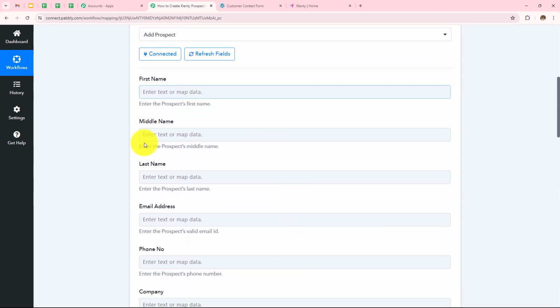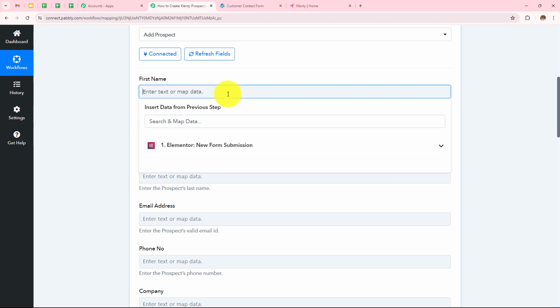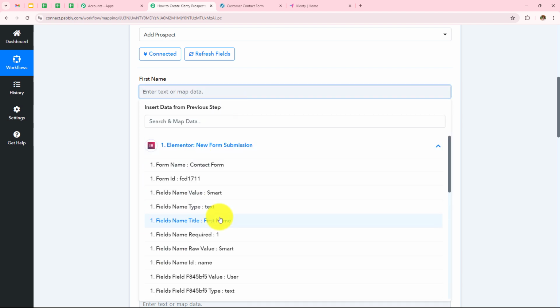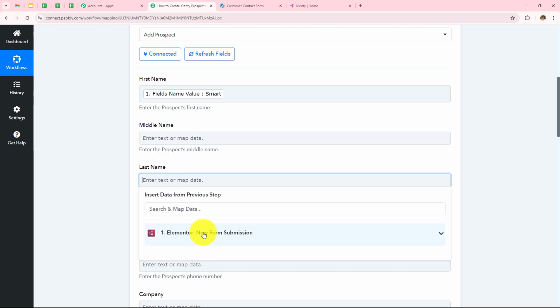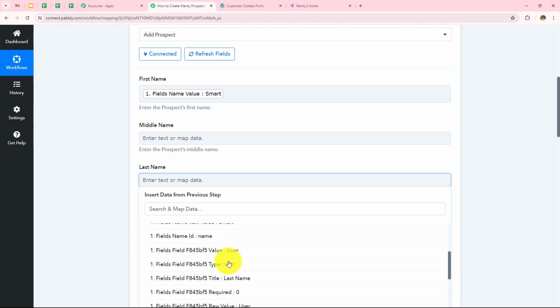Next we need to enter these details. So as to enter these details, I am going to use a process which is called mapping, which means I am going to enter data from my previous response. So I have received response from my Elementor form. So over here, I'll simply click on Elementor and map the first name as Smart. And we don't have middle name, so I'll leave this. And the last name as user.